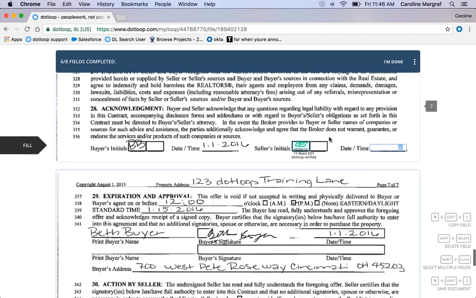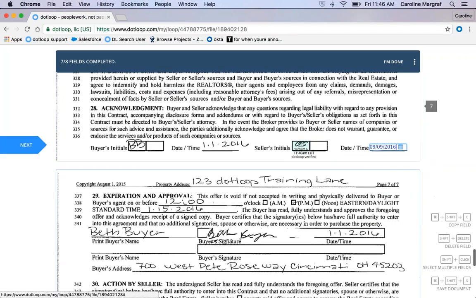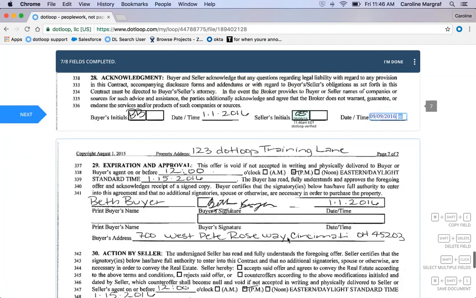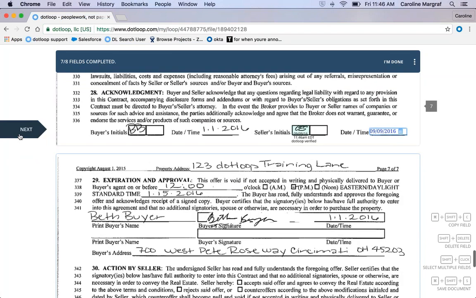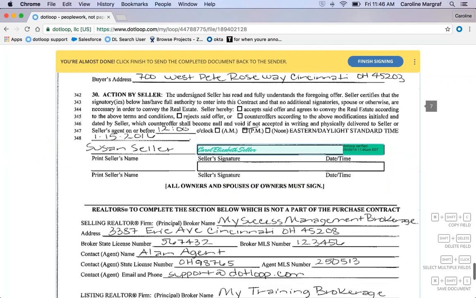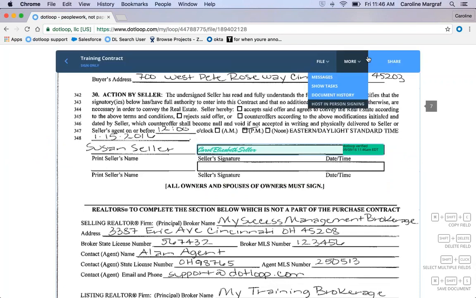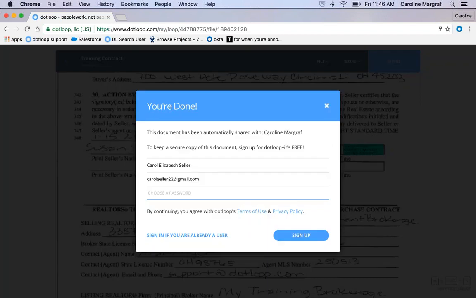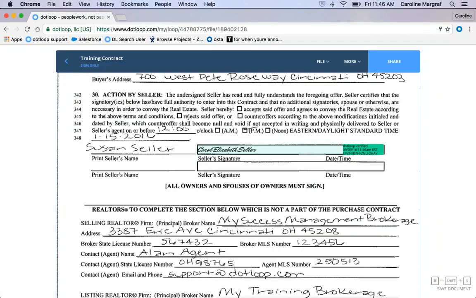Going through there, it does stop at the date field, so she can date that accordingly. She can then scroll to the next field, or she can come over here and hit next, and she's done. She hits finish signing. She's like, nah, I'm not going to make a dotloop account, and she hands me back